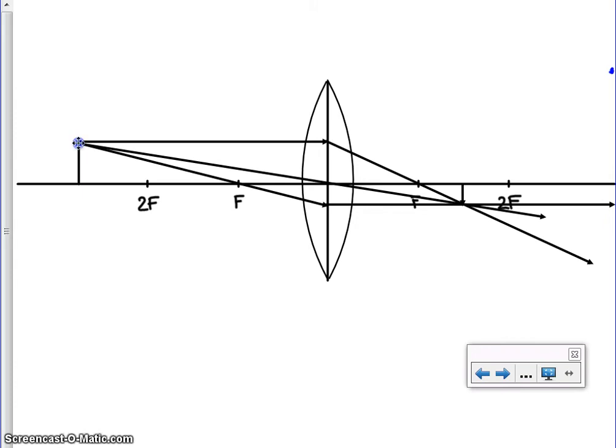Now, the points where everything either comes to a focus or appears to come from a focus are denoted as F and 2F, and on the other side, the focal points are primed. Everything looks like it comes to a focus on this side of the lens, so these are the 2F prime and F prime. So if we were to do LOST for this image,